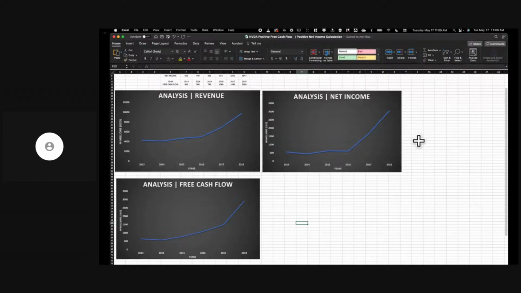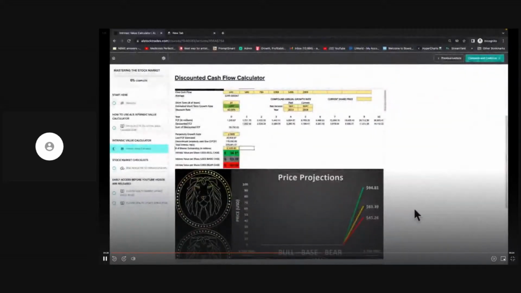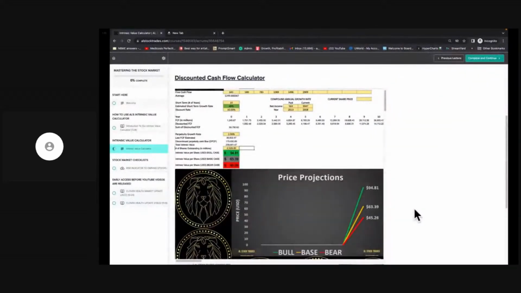40% that we saw from 2013 to 2018. By doing this, we already know from a conservative perspective that this stock price is undervalued. Now, all we have to do is see what is the highest level we can see with this stock. And then you would go in and buy, and then you would wait to see